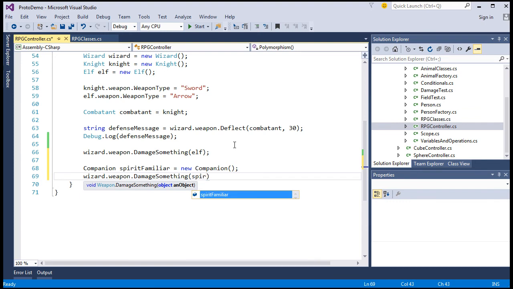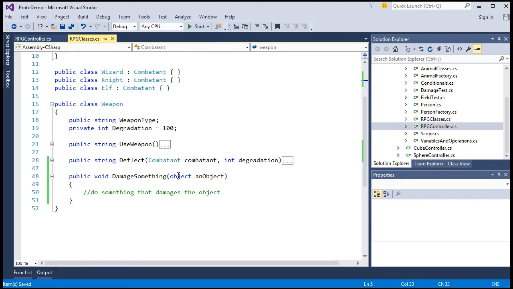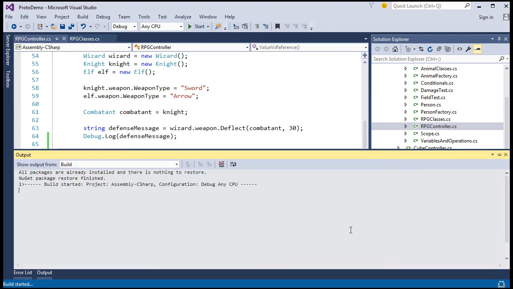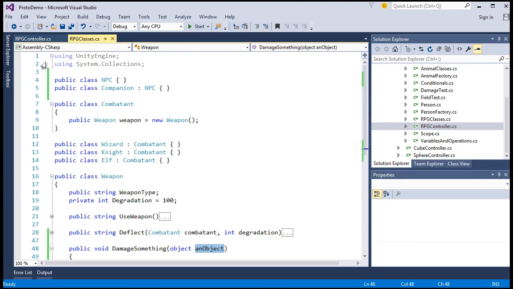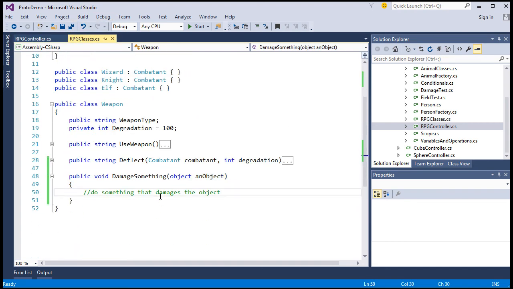And this time we'll damage the spirit familiar, which works because we're just treating it as an object when it gets input into the damage something method. There's no real output here, so I'll just build it just to show you that there's nothing wrong with this code. So again, this is allowed to work, this method here, taking the object of either a combatant or an NPC,